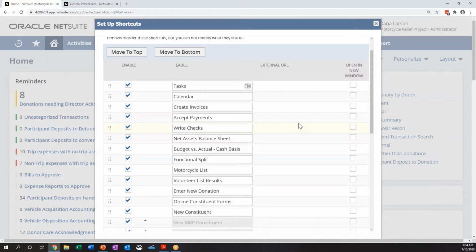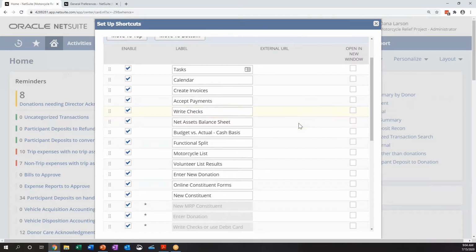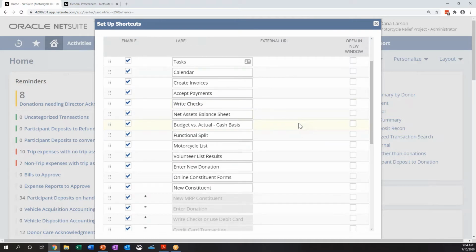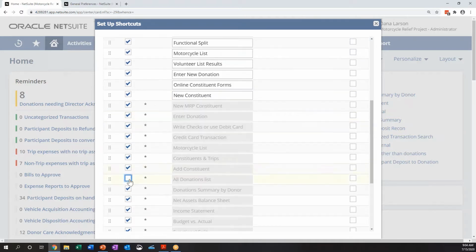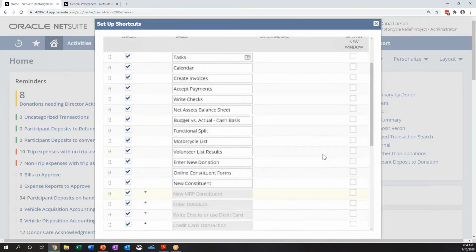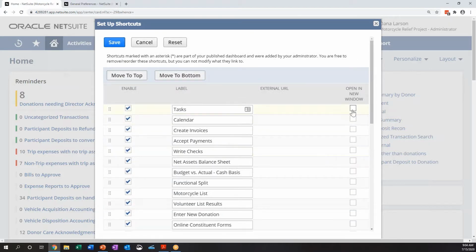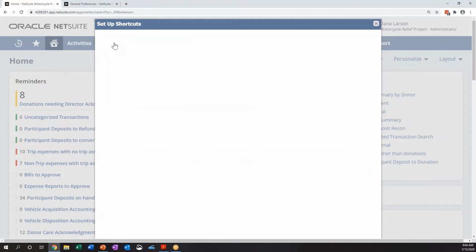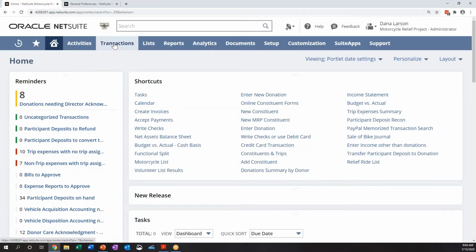And also, oh, Andrea, you have a how do I remove? Here's how you do it. If you just uncheck a box and say, I don't want that shortcut, then it won't show up. And you can also then decide if you want to put it in a new window. And so just by saving that,